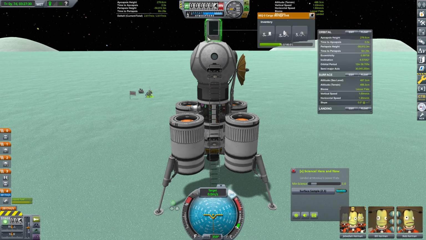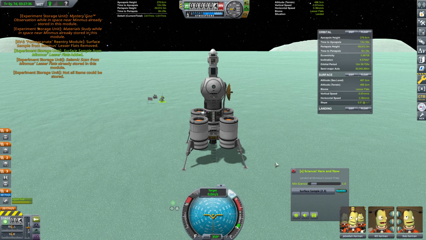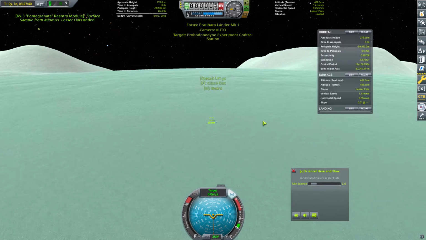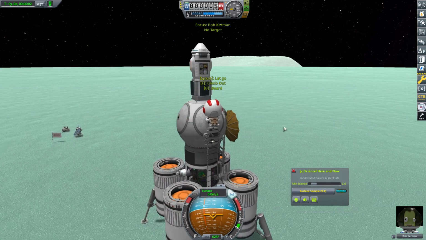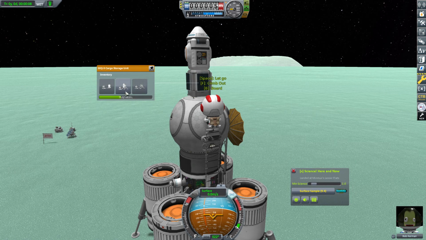We will collect all of our experiments up here that we can, which is not all of them, to be sure. And then we will go ahead and have Bob EVA again, and grab another surface sample, and then he'll hop back in, and then he'll EVA again. And that's all the surface samples that we can store at this point. So for now, he will go ahead and grab out this here. This is, of course, the...